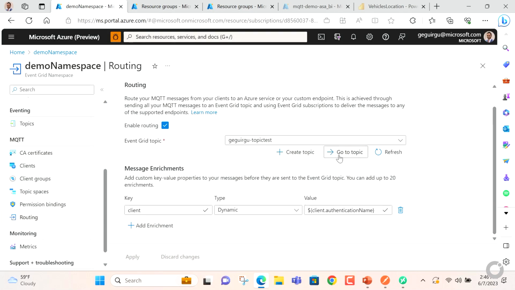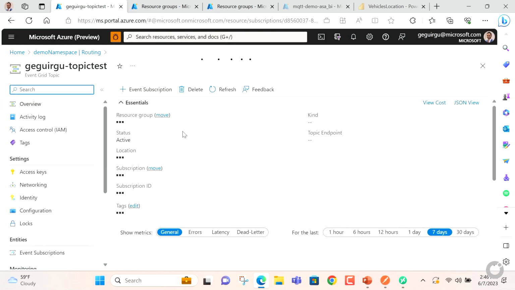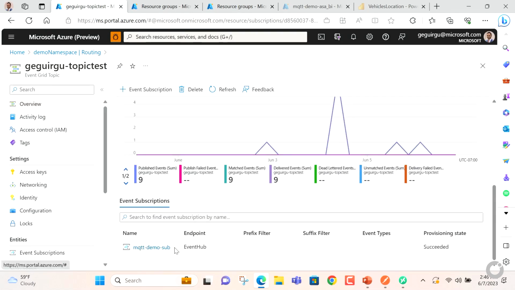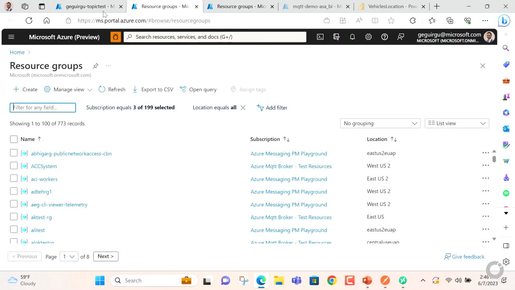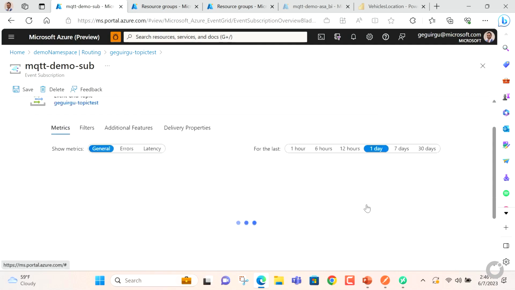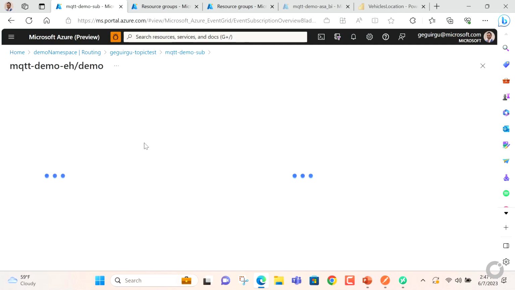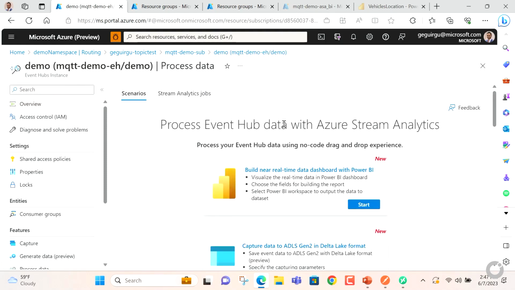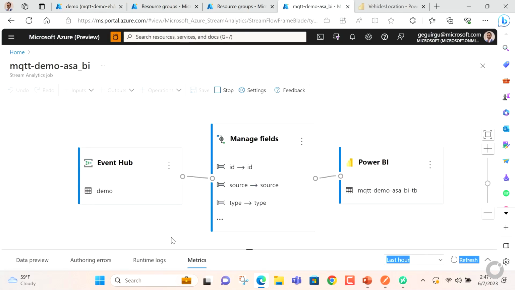All right, to look at the next step here in the routing flow, I'll go to my topic. You'll see that I created a subscription here on that topic that sends the messages to, we'll go into the subscription. We'll see that it sends the messages to this Event Hubs instance. And this Event Hubs instance, I want to process the events with Azure Stream Analytics, and I was able to use one of these no-code experiences to create the simple flow. The simple flow pretty much just takes the data out of the Event Hubs instance and pushes it to my